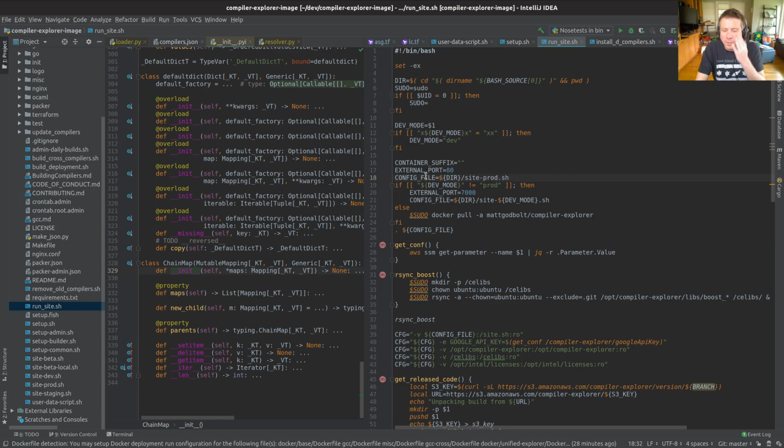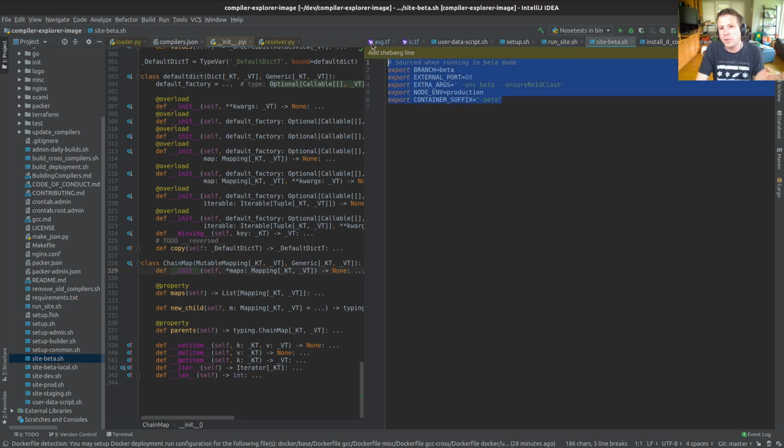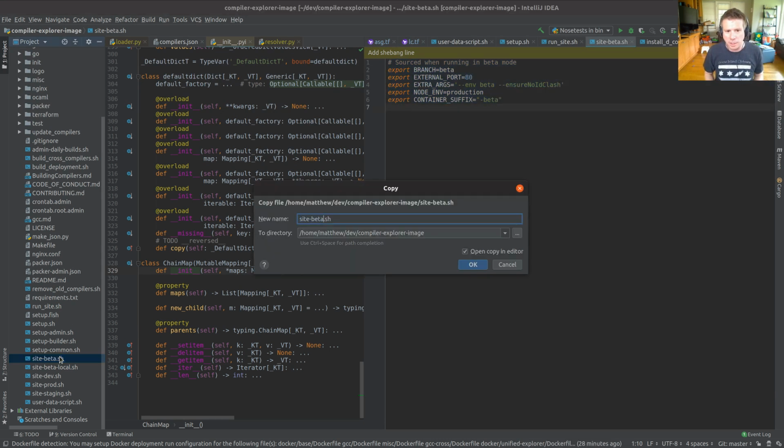Okay, so this sets up some variables that are going to be used below, and then we source this config file, which is called site-dev mode. And dev mode is the environment we started in. So site beta says no external port. Brilliant. Okay, I am going to copy paste site-beta.sh to be